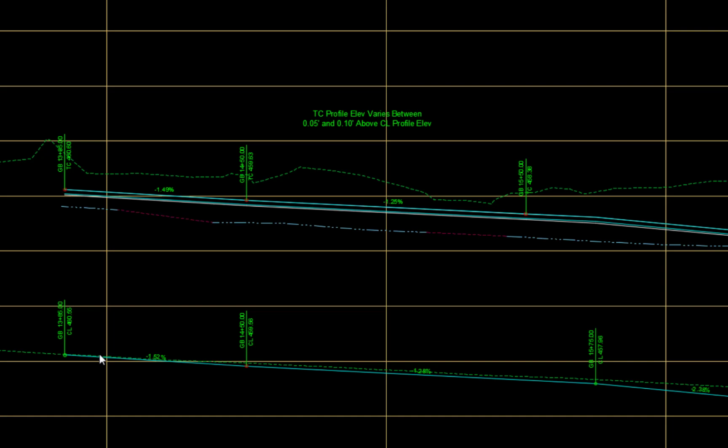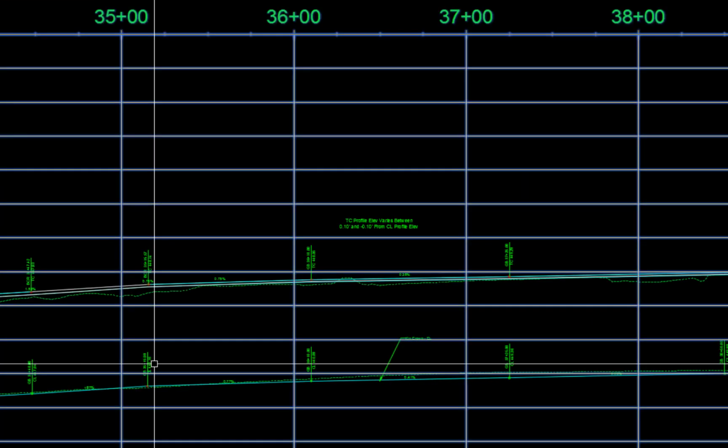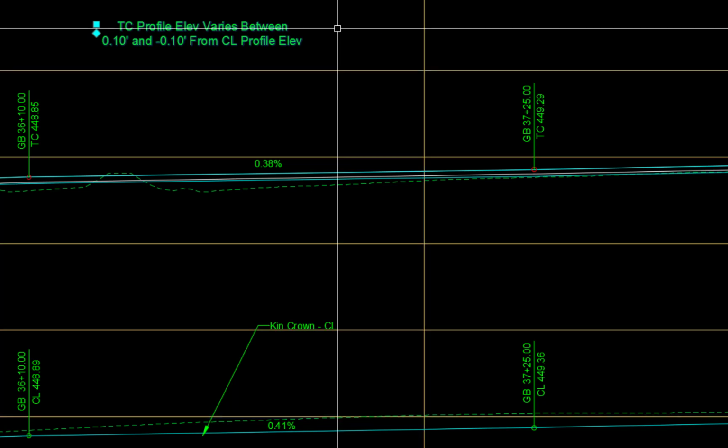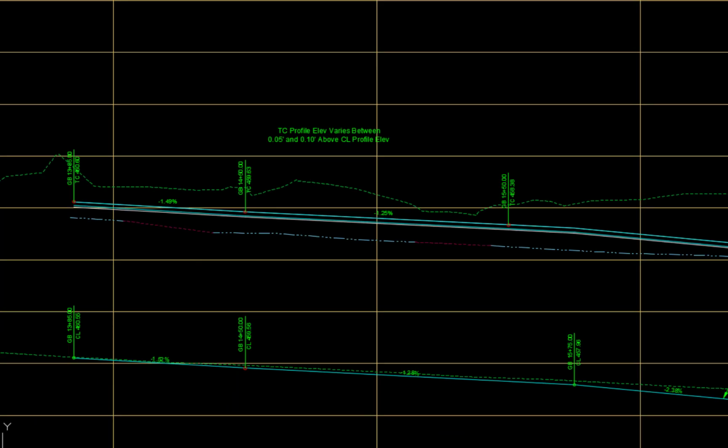Repeat for other locations. The difference shown in these labels is 0.2 below to 0.07 below. Right click, edit label text, 0.2 and 0.07 feet below centerline profile. OK. Draw dimension lines in layer C road text to indicate the start and end of the variable